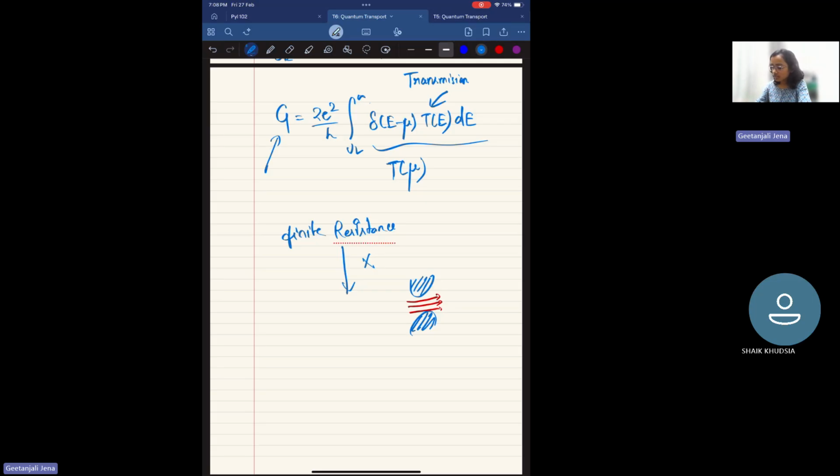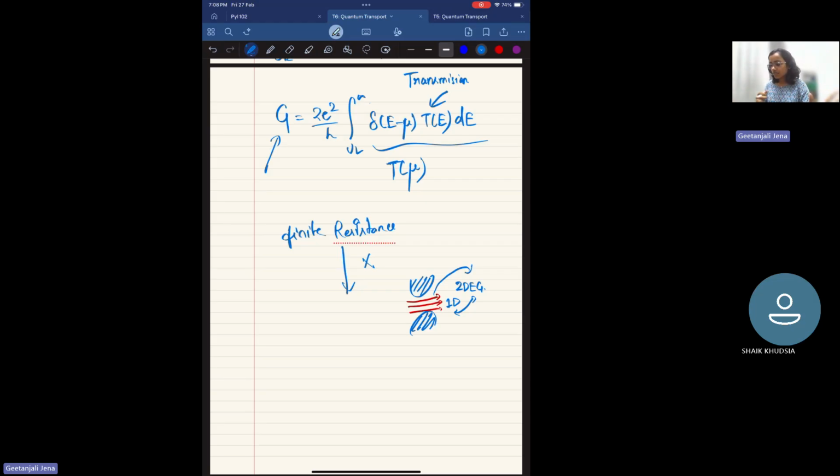But after this constriction, this channel will flow in this 2D electron gas semiconductor. So that means this 1D channel will interact with this 2D electron gas. Because of this interaction, we will see there is a finite resistance. Whatever resistance is happening is because of the interaction between this 1D channel and the 2D electron gas. Once it crosses the channel, it will interact with the energy levels of this 2D electron gas, because they have different energy levels.